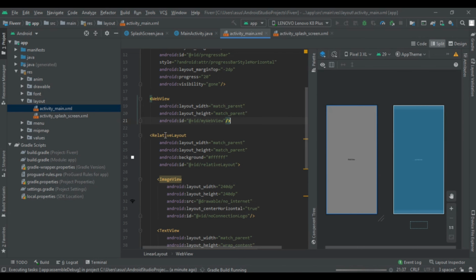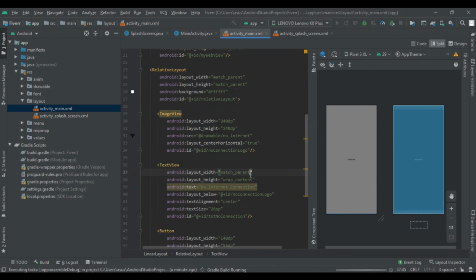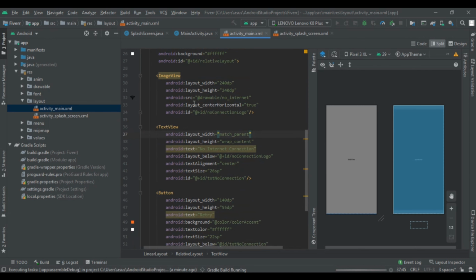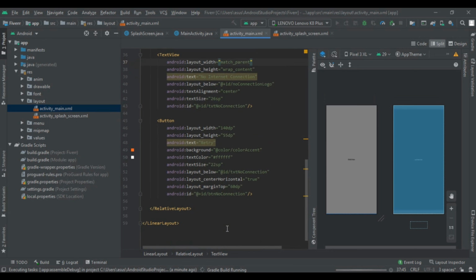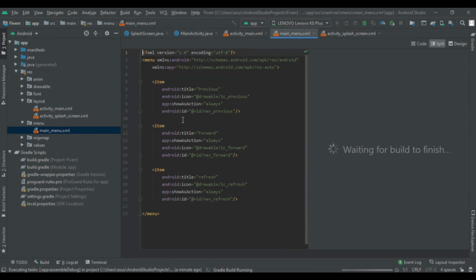Then we had created the no internet connection screen, with an image view, text view and a retry button. After that we had created the menu for our backward, forward and refresh buttons. So when the user clicks on it, we get such action.